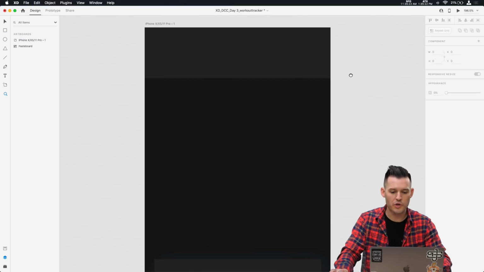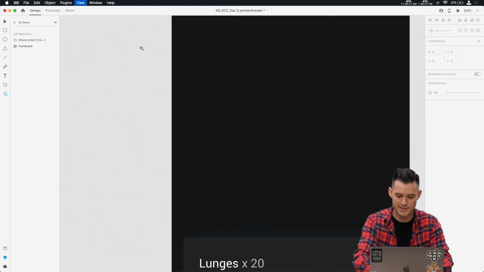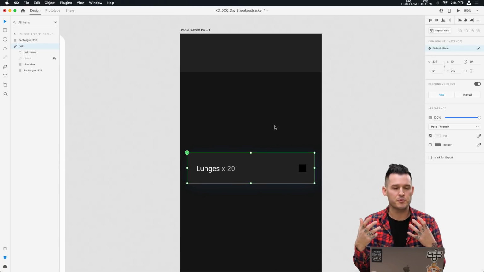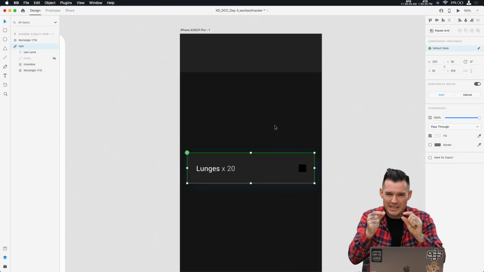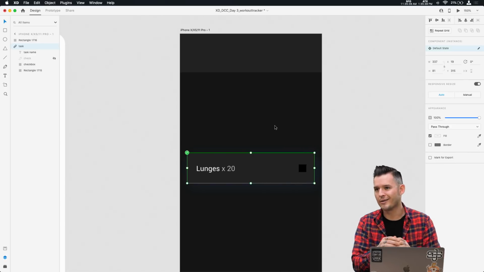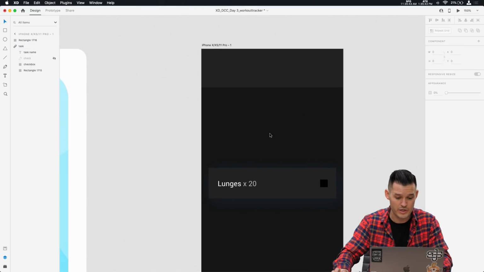Working with dark interfaces is always really interesting. I'd love to hear in the chat what your experiences have been working with dark interfaces. It's really about finding the balance between dark and less dark, having just that little bit of contrast and differentiation between these dark shades that we're using. Dark modes are really, really hot right now, so I figured we would try it. We'd do a little work on it.